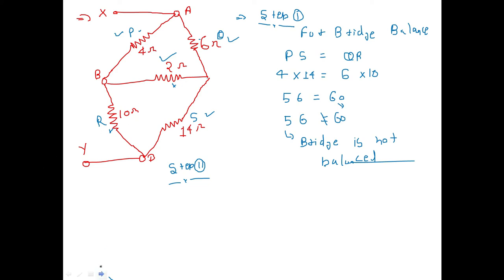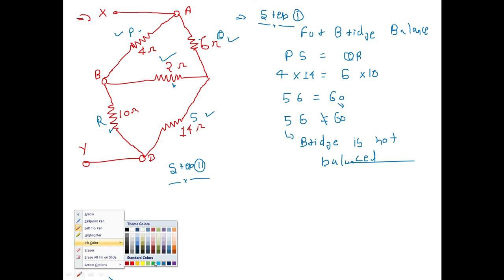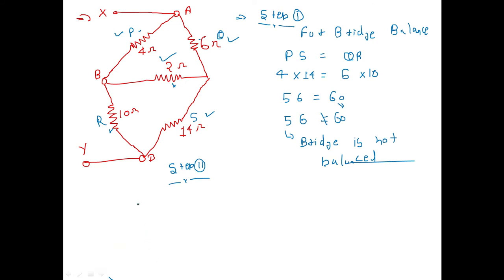So how to change this loop into a star network? We'll first draw this network so that you can easily understand what I'm trying to say, and you will easily apply the concept which I have taught earlier. We'll first draw the circuit, and there is another terminal. This one is your 6 ohm, this one is your 2 ohm, and this one is your 4 ohm.